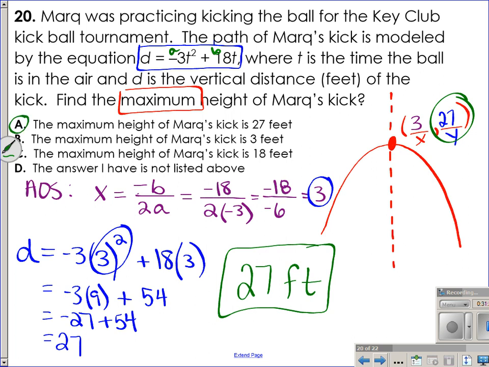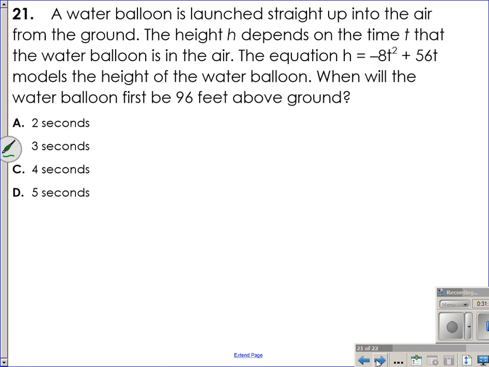All right, the last question then. A water balloon is launched straight up into the air from the ground. The height h depends on the time t that the water balloon is in the air. The equation h equals -8t squared plus 56t models the height of the water balloon. Okay, so I'm going to put a box around this very important equation they gave us. Then it says when, that's a key word, will the water balloon first, another key word, be 96 feet above